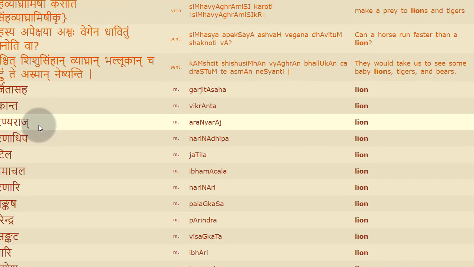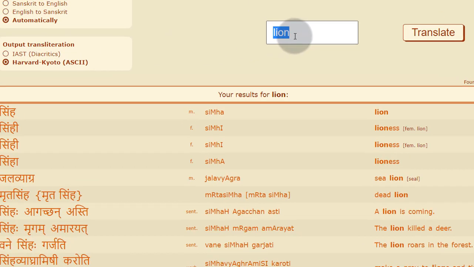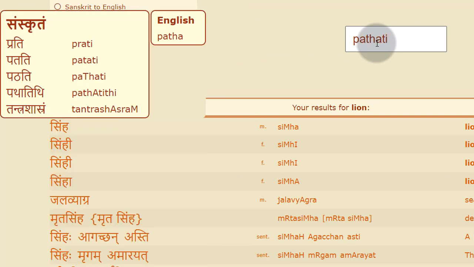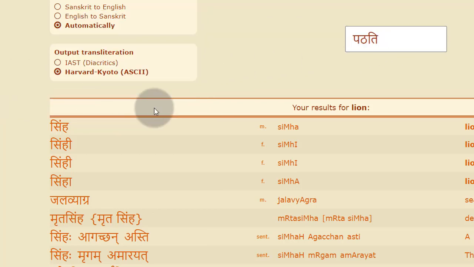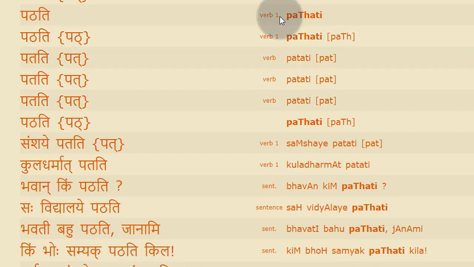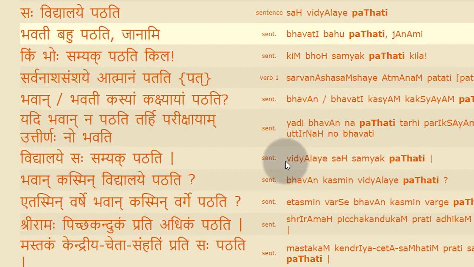And you can find the verb form also. Suppose you type patati, like that, and on the left side I can select patati, and you can see this is a verb, and this verb belongs to prathama gana, bhuvadi gana. You see some sentences if available.